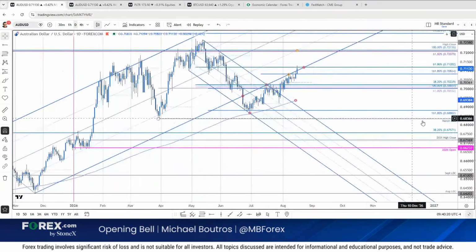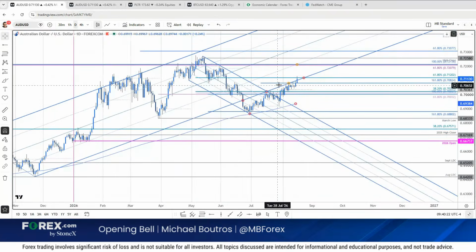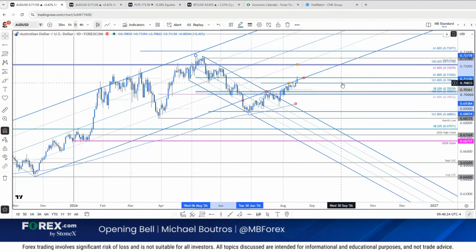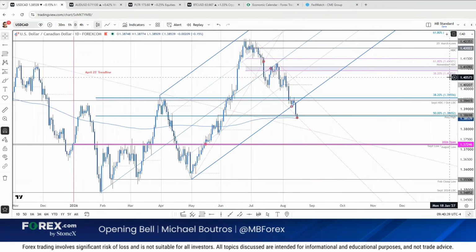The daily chart has us breaking above that slope. But here's the 618 at 71.20. We popped right through it. We registered a high today at 71.29, and then we pulled back. We need to close above this to keep the immediate upside bias in play. Drill down to the 4-hour chart. Whoops.